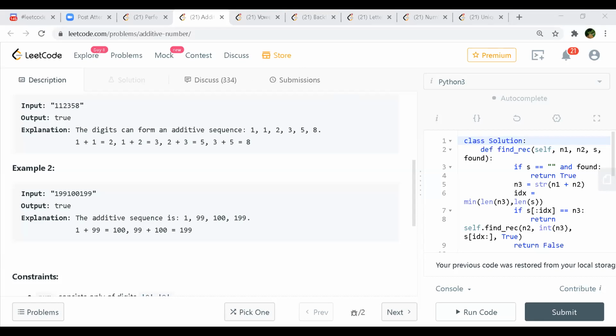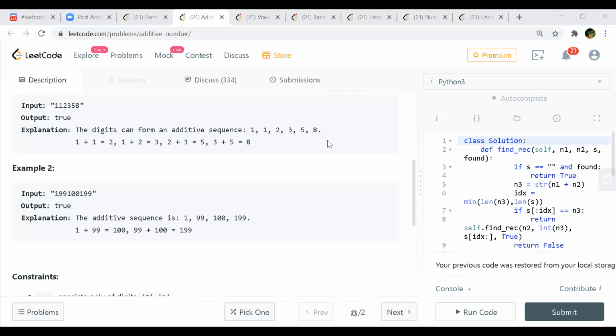Okay. So now the implementation is clear, right? We start with one digit for the first number, and the second number also will be one digit. We try to add them, and then we find the sum, that is the third number.